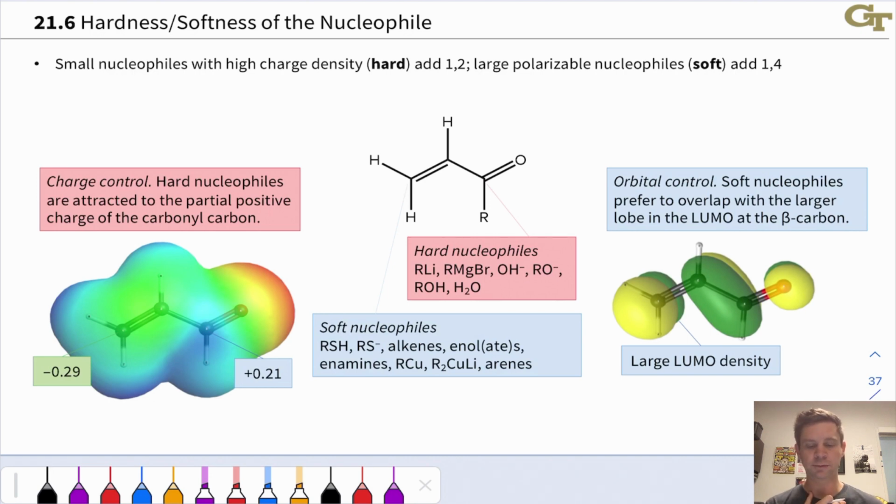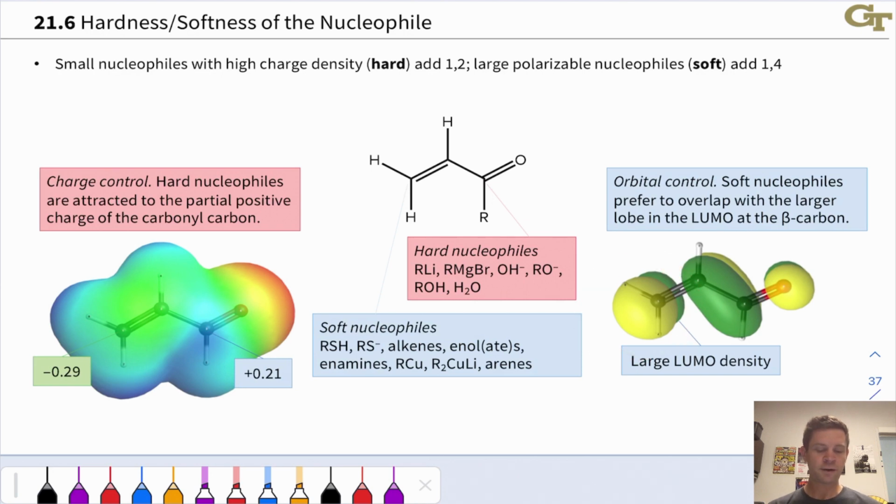And hard nucleophiles like organolithiums, Grignard reagents, and anionic nucleophiles like hydroxide and alkoxide will tend to want to add to that carbonyl carbon. Soft nucleophiles tend to operate through what we might call orbital control, where they're looking for the lowest unoccupied molecular orbital and where it has the highest orbital density or the largest lobes, more simply speaking. And if we look at the LUMO of this same unsaturated aldehyde, the largest lobe in the LUMO is actually on the beta carbon,